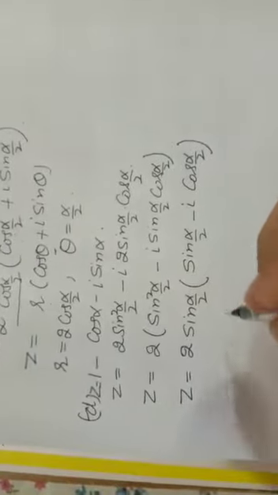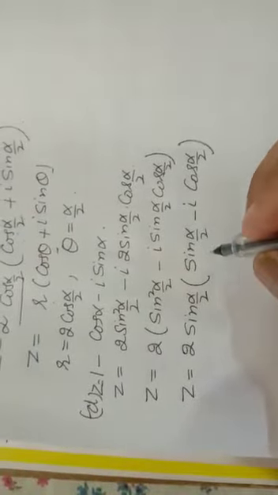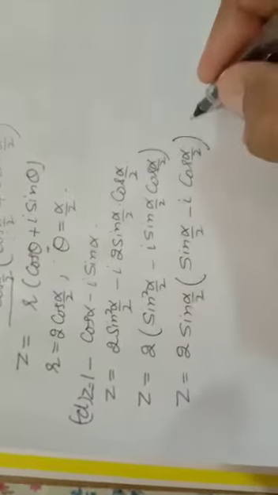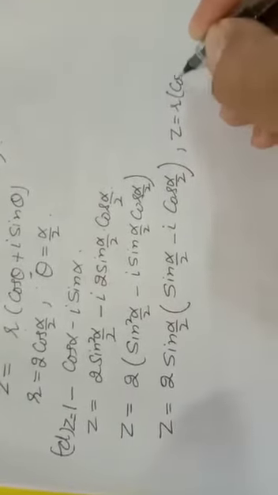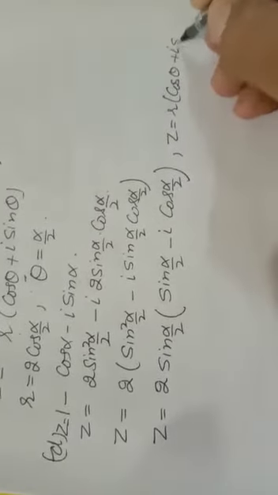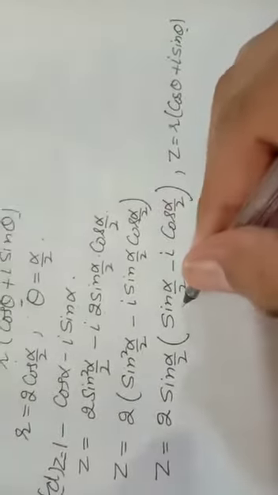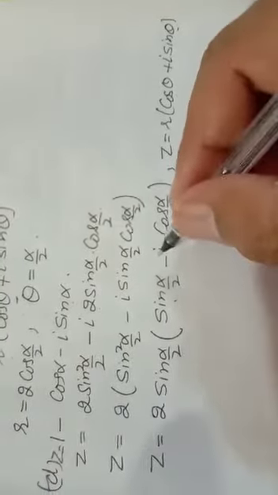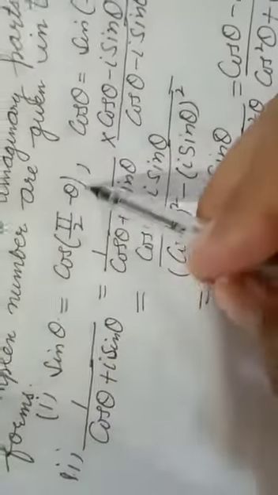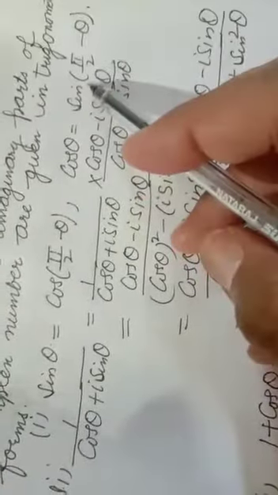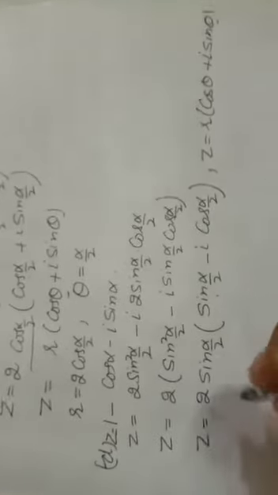This expression is coming. Now, the rule says that when we are comparing with z, z is equal to r cos theta plus iota sin theta. So for this, if we want cos here, it will be changed by using the rule which we have already discussed, that is cos of pi by 2 minus theta. We want to change cos theta into sin, so it is pi by 2 minus theta. So this rule we are implementing here.